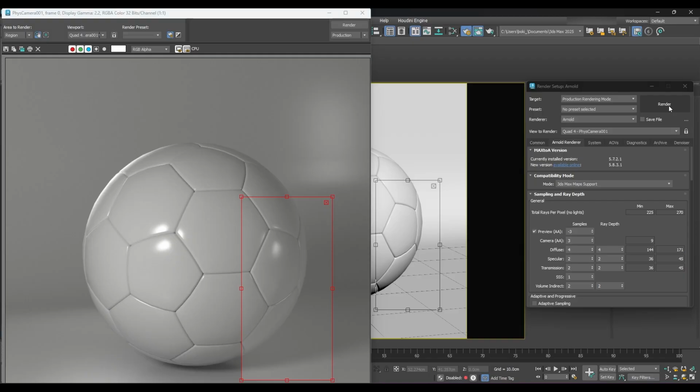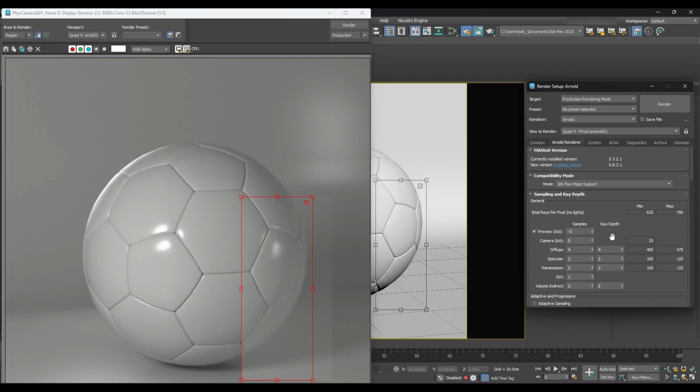And this is what we have now with the new settings. We can compare it if we pull a bit of the saved frame region right here. So you can see this is the new render and this is the old render. You can see how darker and noisier it was before. Let's just leave it like this for now. So we have the old one, the new one, and now we will change the camera AA samples to about